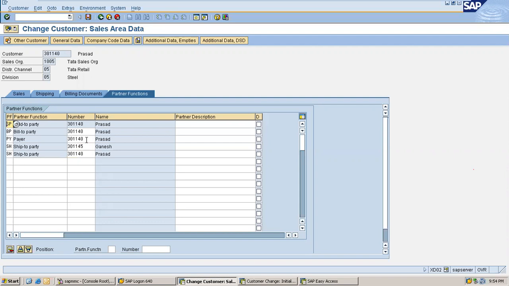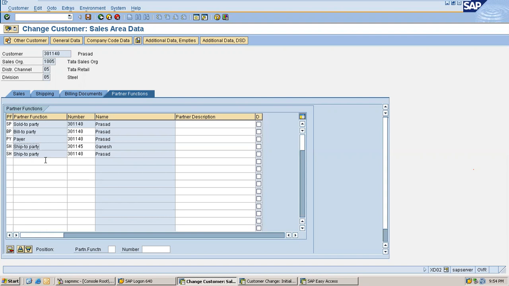Okay. Now you have an option called default here. See here, when you have multiple partners, sold to party can be unique. Only one sold to party should be allowed here. Okay. You can have multiple bill to parties, multiple payers, multiple ship to parties.